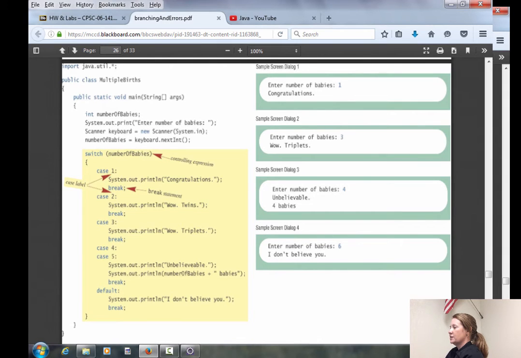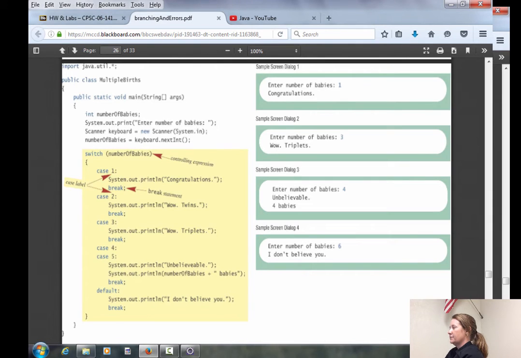And what we're doing is we're checking to see if this integer number of babies is equal to 1, or equal to 2, or equal to 3, or 4, or 5. And if it's not equal to any of these cases, then it goes to the default case. So it's like having an if-else-if statement. And this would be our else part down here.